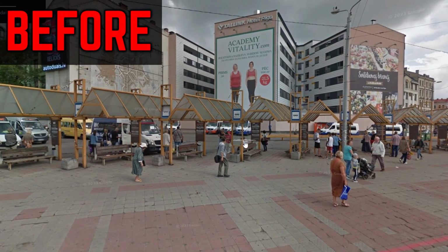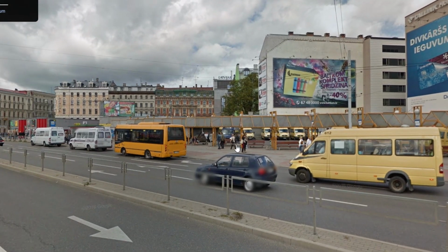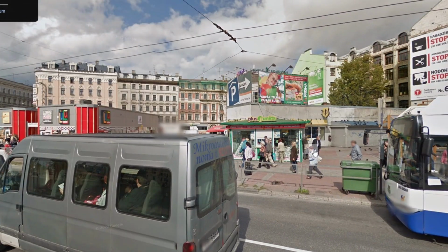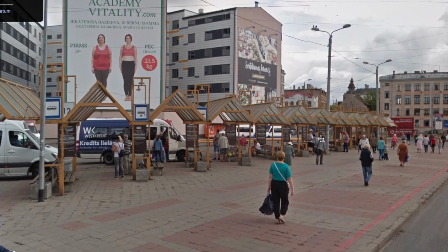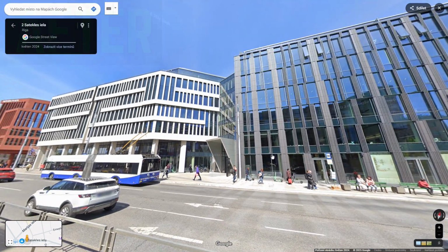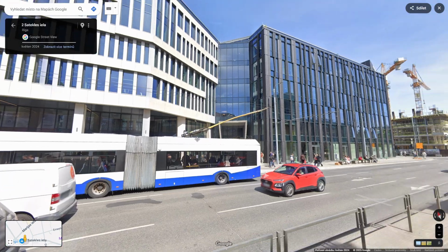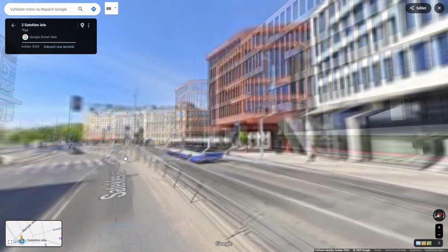One of the places I found is this old bus station. As of that time, the bus station looks pretty old and run down. Noticeably, it's a pretty huge area and it covers a lot of the space. Space that could be used for something more meaningful than a bus station. In the most recent coverage, there are 3 new buildings that are connected. It's some sort of modern looking office buildings, and these buildings will definitely serve a much more meaningful purpose than the